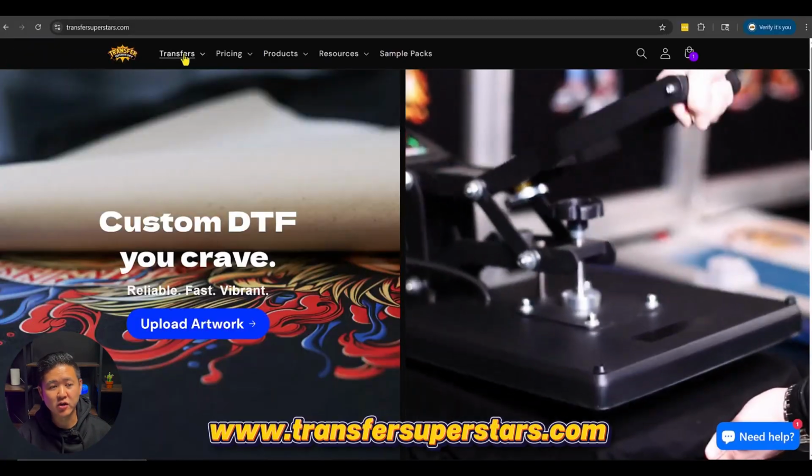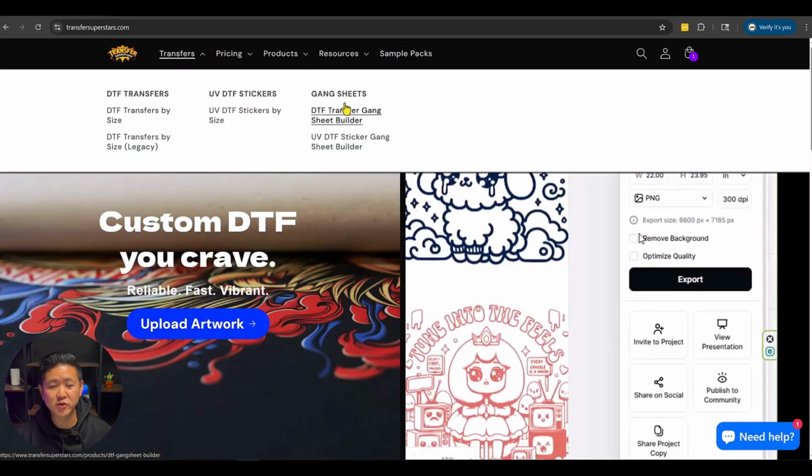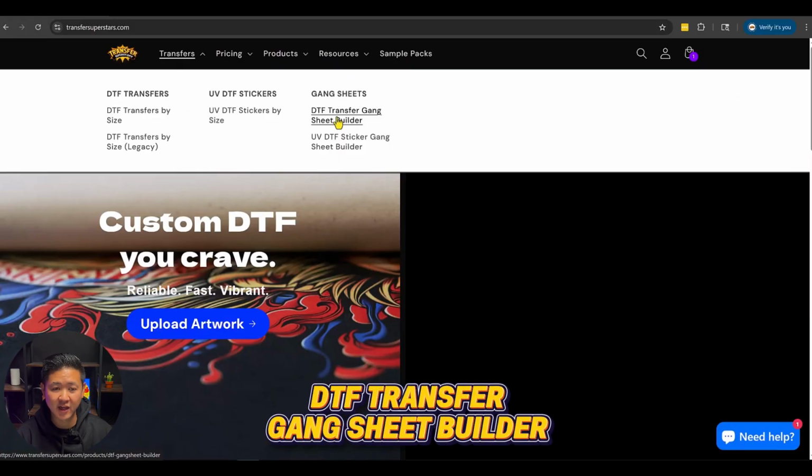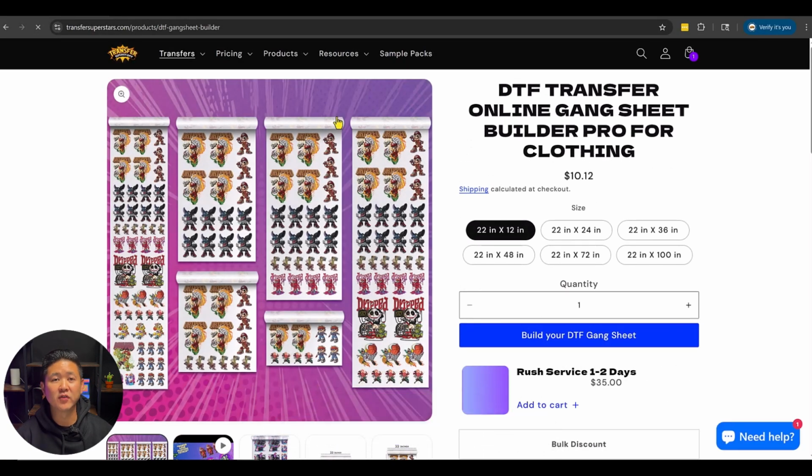First thing you want to do is head over to our website. You're going to click on transfers and you're going to choose the option right here to build a gang sheet. Now there are different size gang sheets that we offer. You can start with the 12-inch, 24, or go up to 100 inches depending on how many prints that you